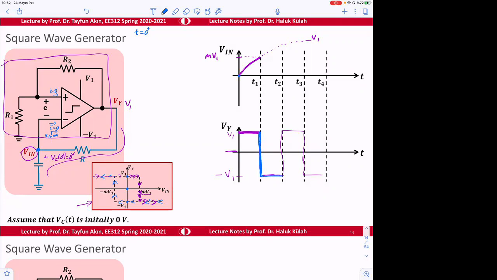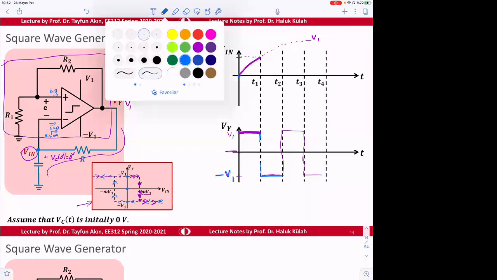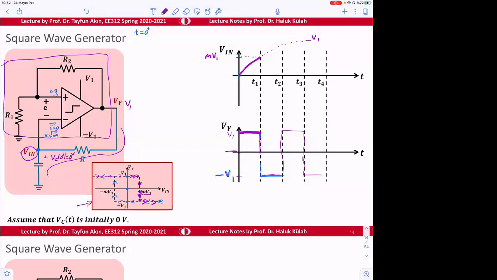So this will be minus V1 now. Maybe I should change the color here to this color. It will be dropping. Okay. So as soon as this drops to minus V1,